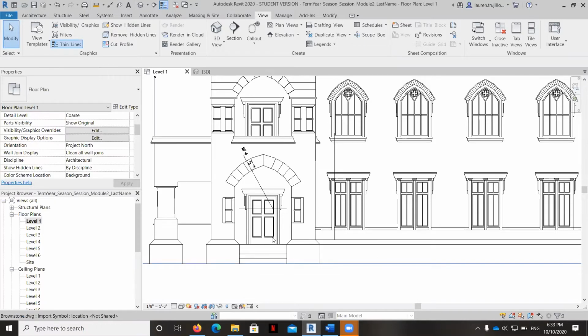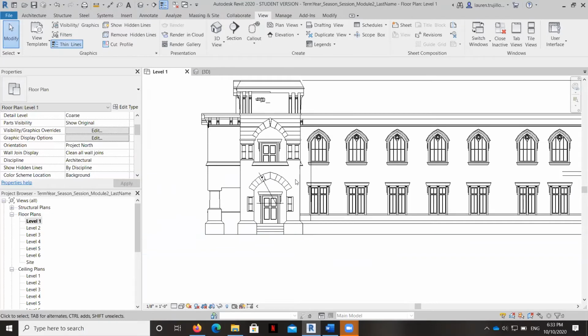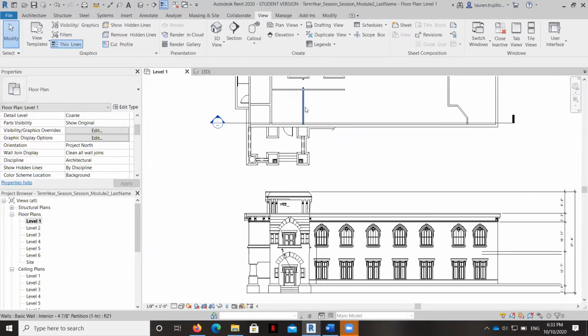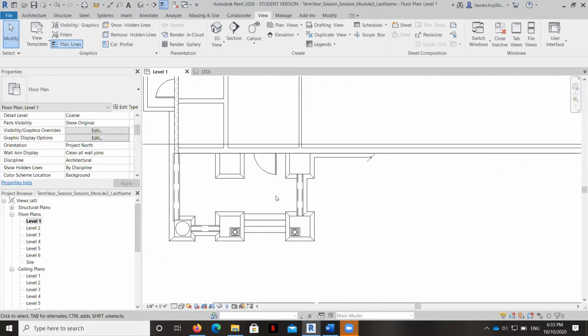So in real life, this would not be a code compliant staircase because it's missing railings and things like that. But because this is a historical building, they may be able to apply for a variance in this fictional design. But what we're going to do is just use the plan as a guide. Now, keep in mind, this floor is not here yet. We'll add that later when we build this front piece.